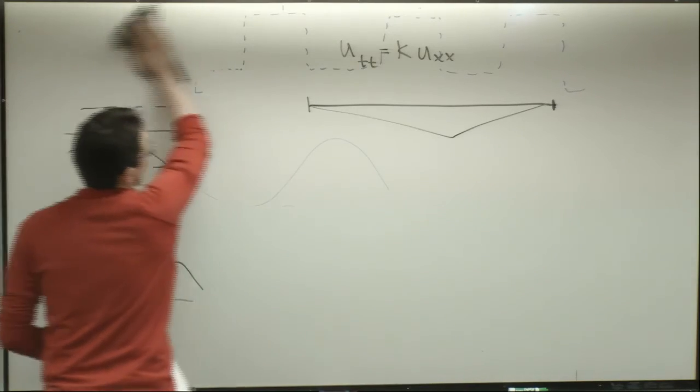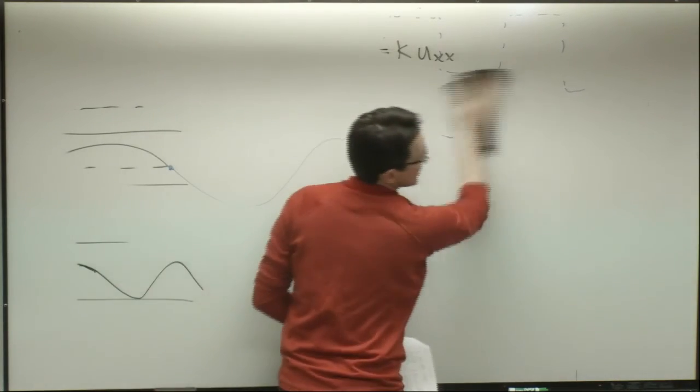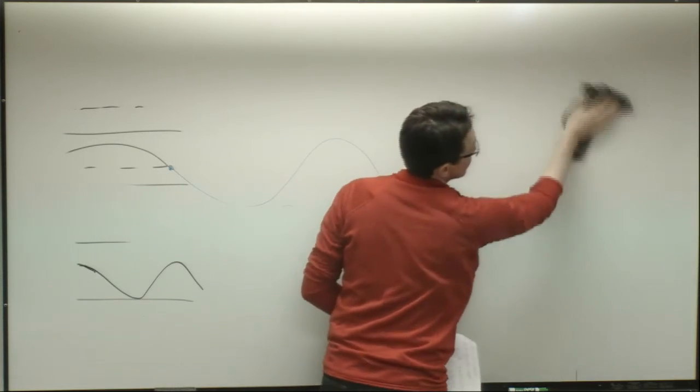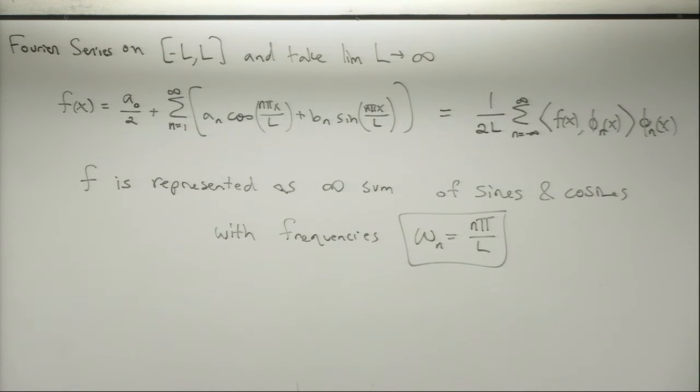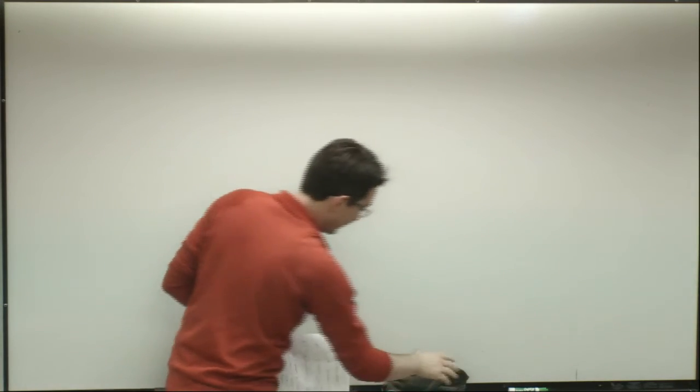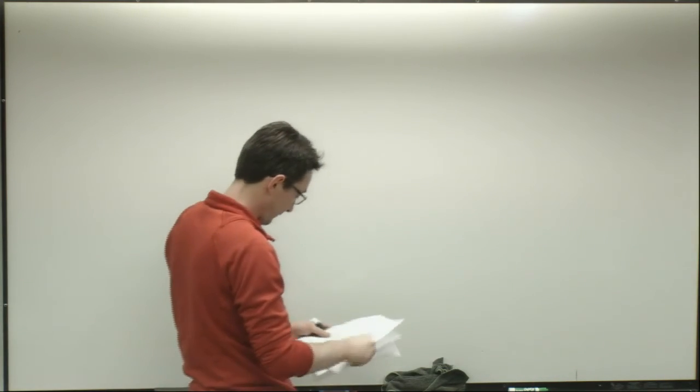So we're going to write down this Fourier series from minus L over 2 to L over 2, or from 0 to L, or I guess from minus L to L. And we're going to take L as it goes to infinity. I really need a better black pen. Okay, so if we take L goes to infinity,